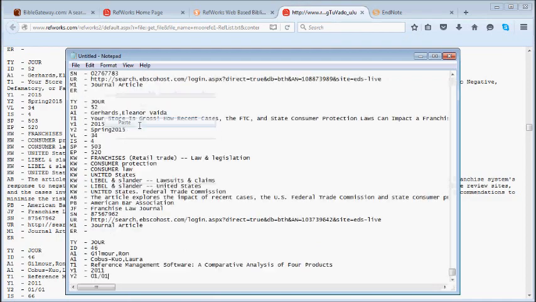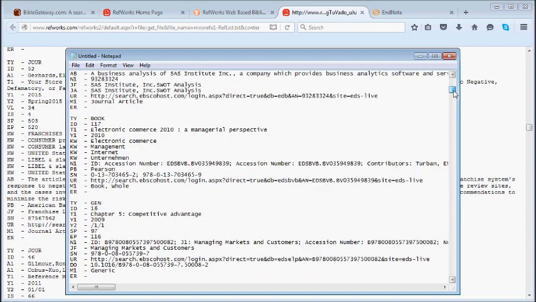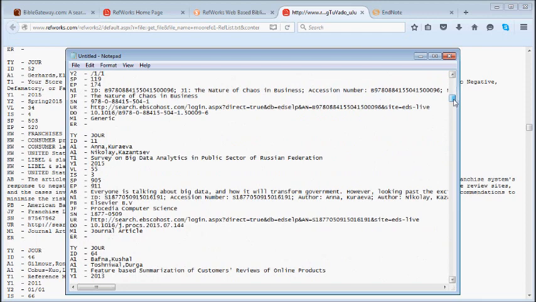So here it is, and this is the type of data that's shown. It's TY journal. It has an ID. That's a title, Competitive intelligence becomes even more important. We have keywords associated with this article. Here's an abstract for the article. It's from Trends magazine. That's the URL for the article where I could find it, and type journal article. So you have this data for each one of the items, and this is what is going to be transferred